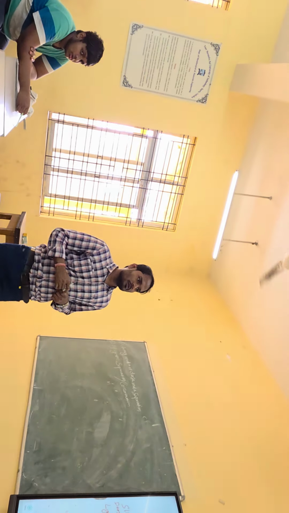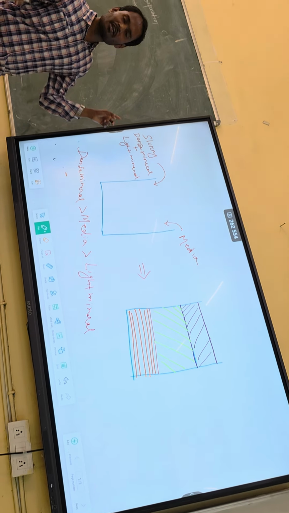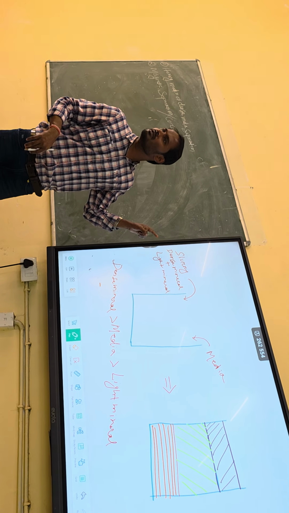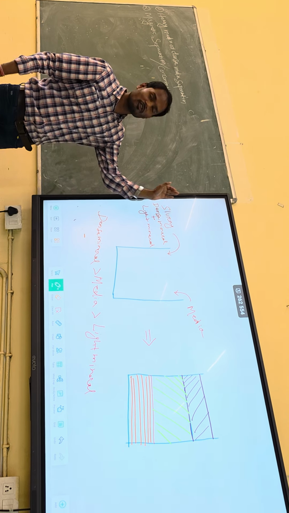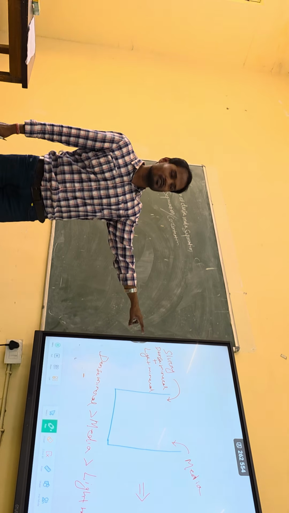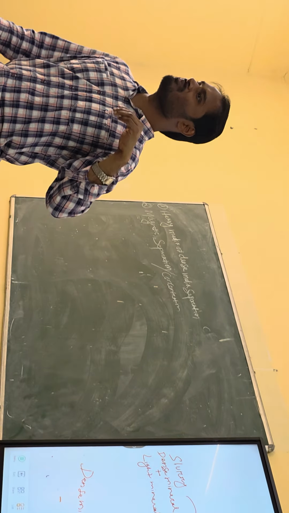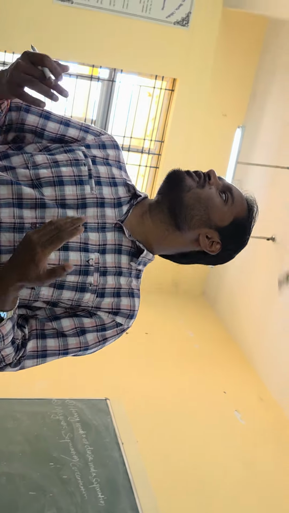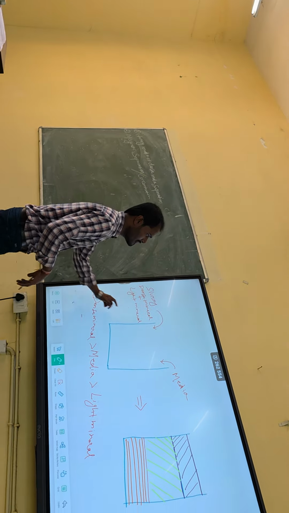Just imagine the situation. We have a container. You might get a question in the end semester, so listen carefully. In that container you are feeding slurry, and the slurry has two minerals. One is a dense mineral, one is a light mineral. Of course, the dense mineral will have a high settling velocity or settling rate, but the light mineral will have a lower settling velocity, lower settling rate.